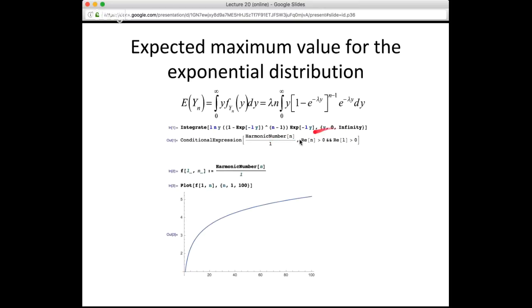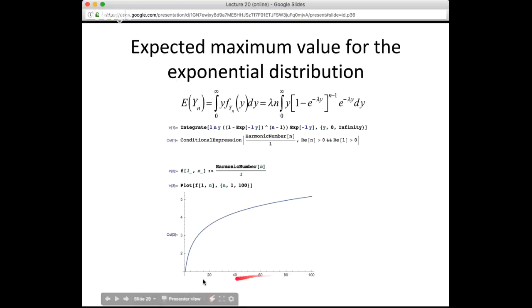And then it gives some conditions which are going to be satisfied, right? Our sample size is going to be greater than 0, and also the real value of the parameter lambda is going to be greater than 0. And so basically I can plot that. I've just created a function here in terms of lambda and the sample size n as the harmonic number of n divided by lambda. And then if I plot that for lambda equal to 1 against n,